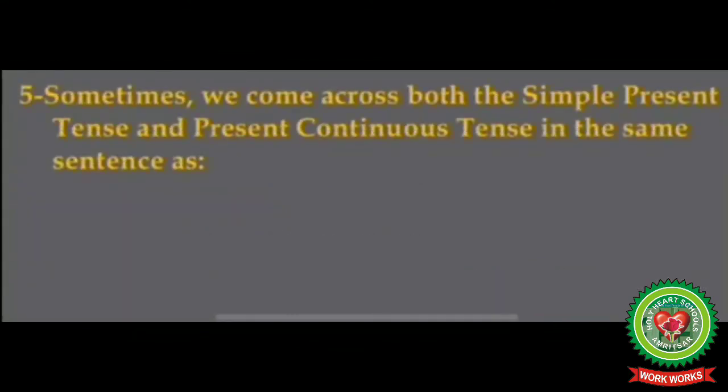So sometimes we come across both the simple present tense and present continuous tense in the same sentence. When two actions are happening at the same time in the present, we use present continuous tense for the action that started before the other and continues after it has finished. The action that interrupts the continuing action needs to be in simple present tense. As in,